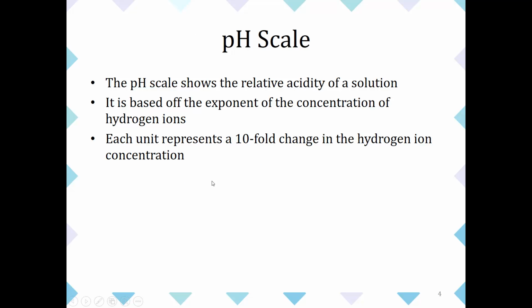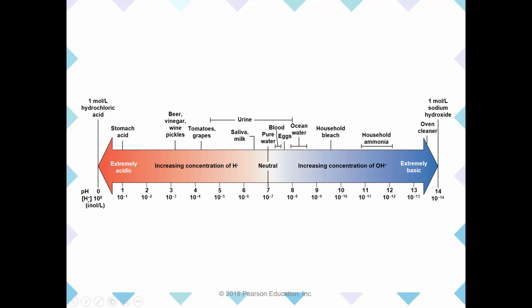Okay, we measure the relative acidity of a solution using the pH scale. It's based off the exponent of the concentration of hydrogen ions. So let's look at that, right? So concentration of hydrogen ions. Anything in a bracket like that means concentration. So here it's about 10 millimoles per liter. Here it's about 1 millimole per liter, trying to move the decimal point in my head. Here it's about 0.1. So I think I'm actually moving the decimal point the wrong way because that's a negative